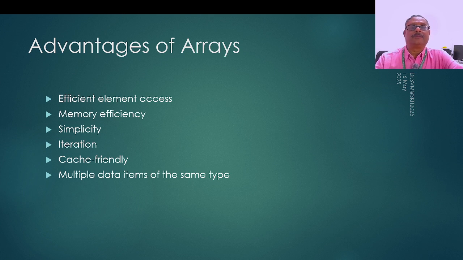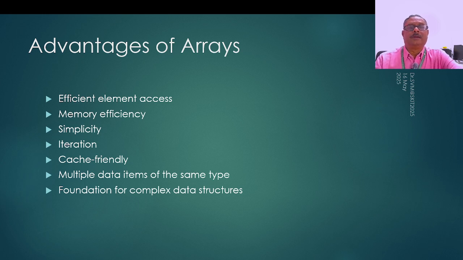And multiple data items of the same type can be grouped together and placed under one umbrella as one name of the array. So when data are of large number but of the same type, they can be conveniently used if they are kept in the form of an array. And this usage of arrays can be a foundation for further complex data structures. As we go deep into other data structures, we look at how arrays help in creating them, like hash tables and other